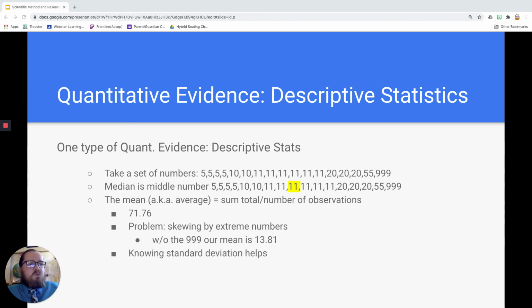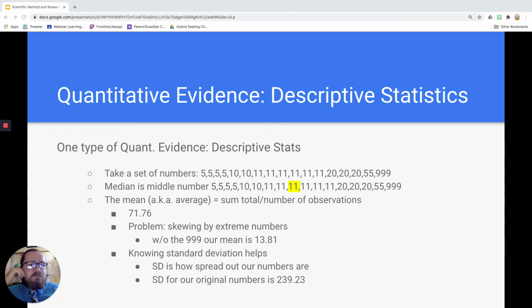We can deal with this somewhat by knowing another number, and that's the standard deviation. Here we're not concerned about the mathematical formula for determining the standard deviation. At this point, it's enough for us to know that the standard deviation is a measure of how spread out our numbers are, how spread out our sample of observations, our data are. And we can see that with our example here. The standard deviation for our original set of 17 numbers, including everything from 5 all the way up to 999, is